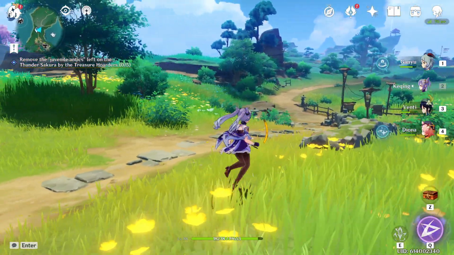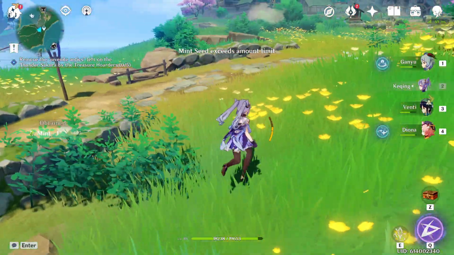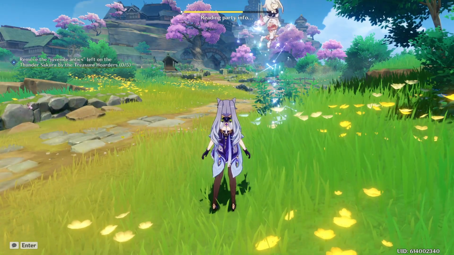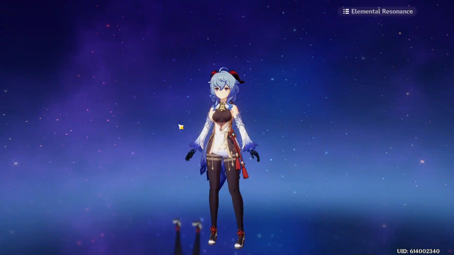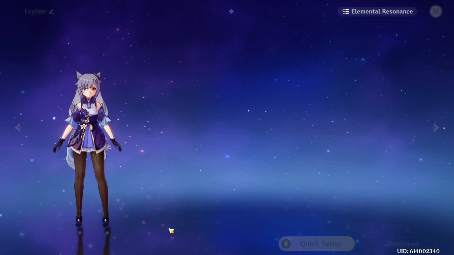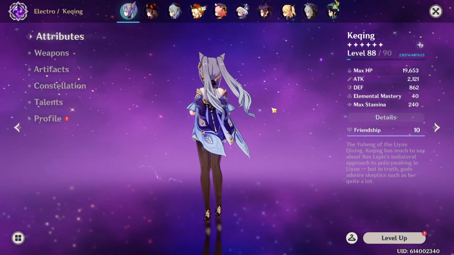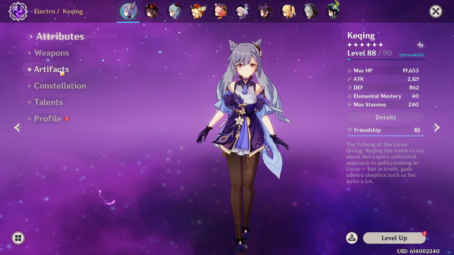Okay, so today I'm going to make a complete dedicated guide video on just Keqing. Keqing, no Ayaka. I don't have Ayaka. I don't have Primo Gems either. Only Keqing. So, Keqing is definitely quite a controversial character, since she's Electro and her elemental reactions aren't as